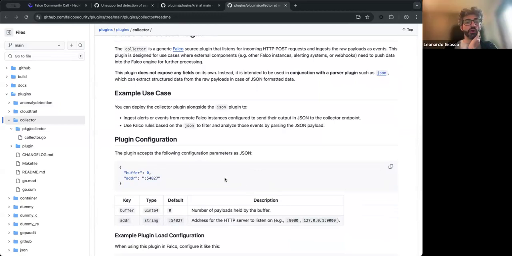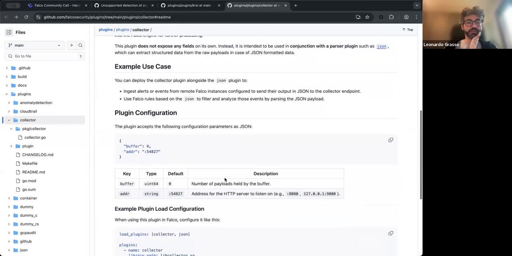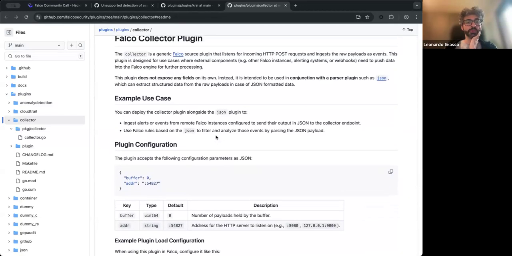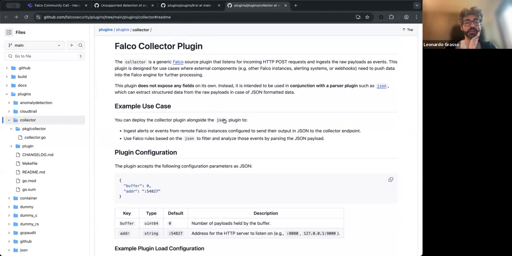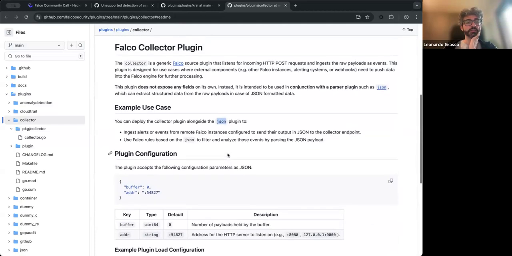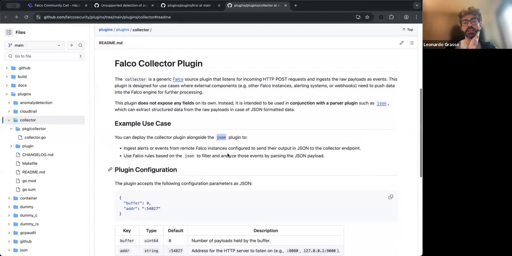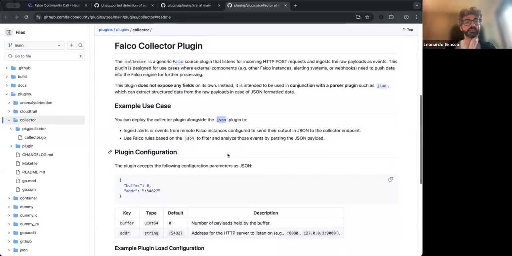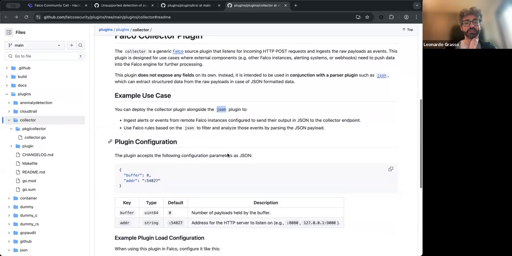Thank you. Of course, the first use case I thought of with this plugin is with JSON, but in theory, we can also write other extractor plugins that are able to extract fields from other protocols.